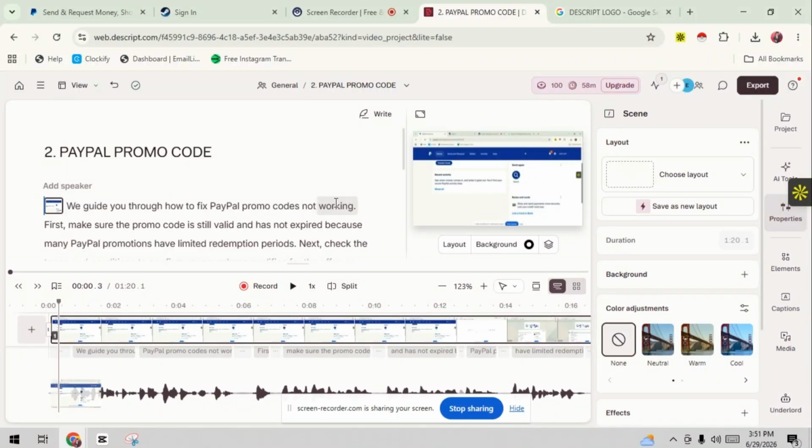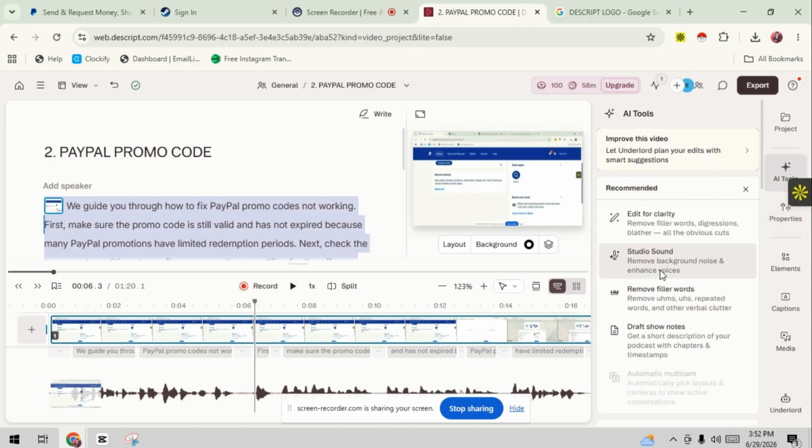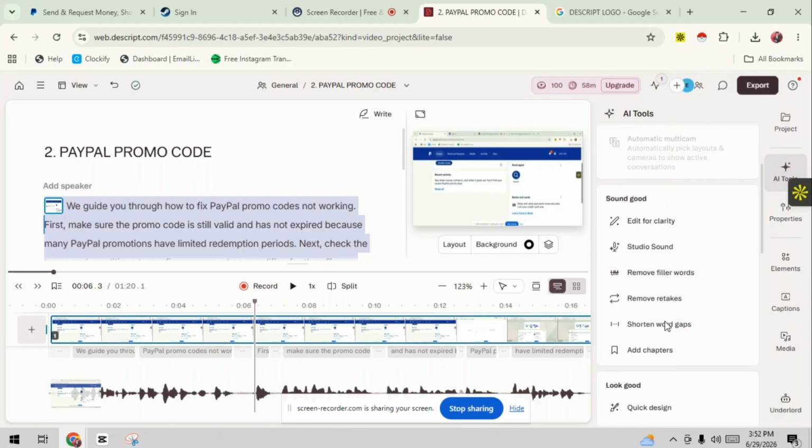We guide you through how to change the background in Descript. So first, open your project in Descript and select the video clip you want to edit. Next, go to the AI effects or scene settings depending on your version of Descript and look for the background